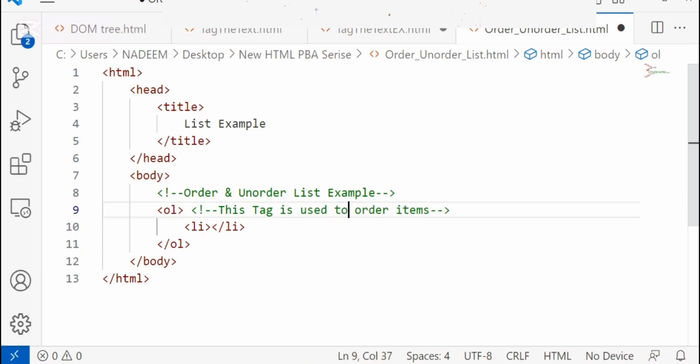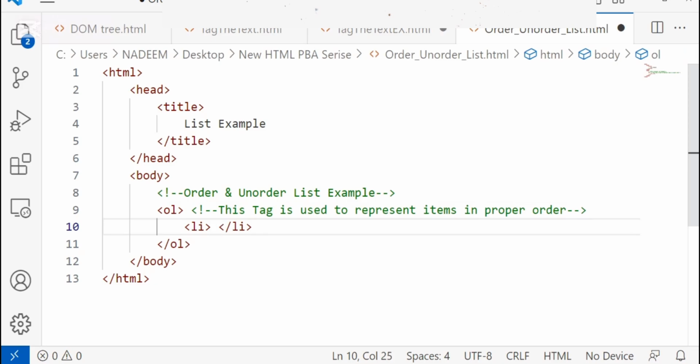So let's change this one: this tag is used to represent items in proper order. Yes, this one is perfect.